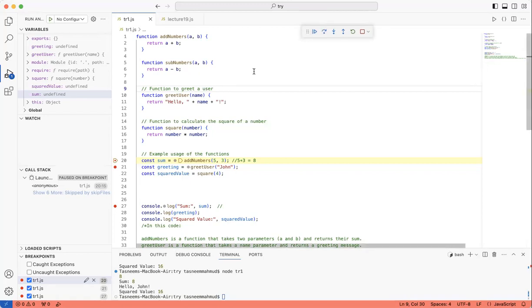Can you say it one more time? The loaded scripts part. Loaded scripts part? Which part is it you're exactly talking about? This, the variables?